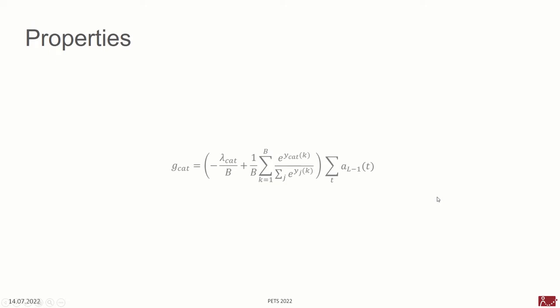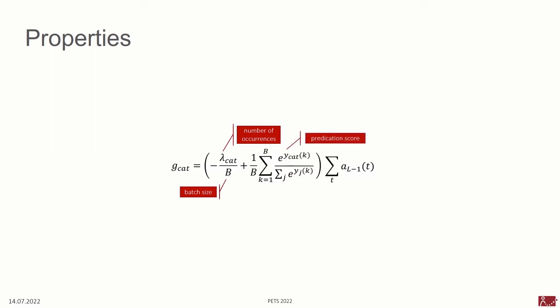To figure this out, we derived the mathematical expression of the gradient, and we showed that it relates to the number of occurrences of the label, which is lambda cat here, and also to the batch size, to the prediction scores, and to the output of the activation function in the previous layer. The last two components are not accessible by any adversary because they are intermediate outputs of the calculations happening on the user device